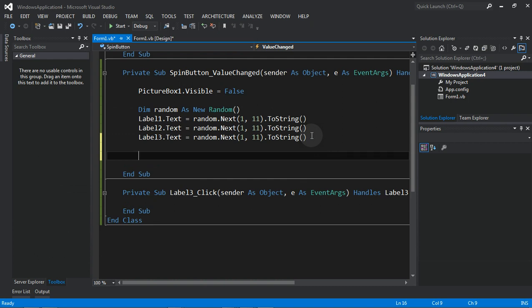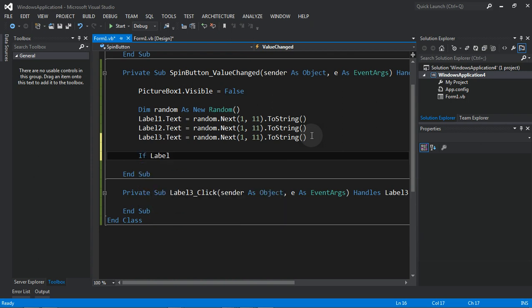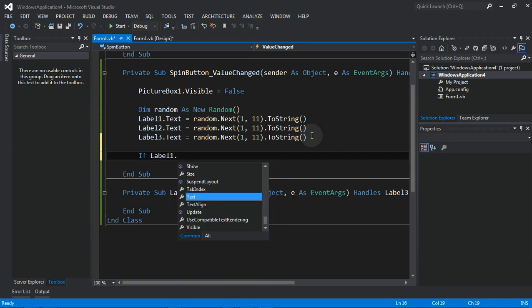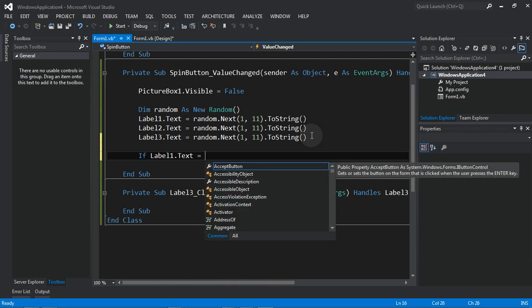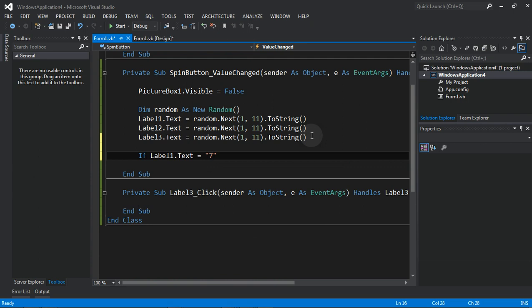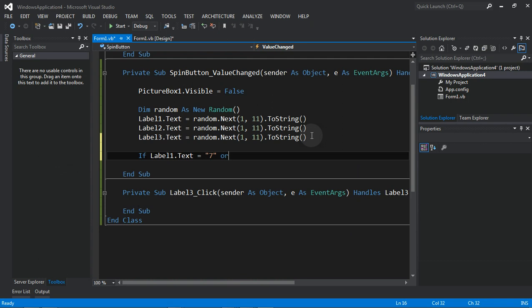Also, when any of those labels turn into 7, we're going to say if label 1 dot txt, because we want to take the content of the text, is equal to 7, or, let me put a space here, if label 2 dot txt is equal to